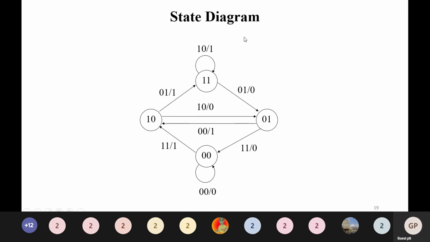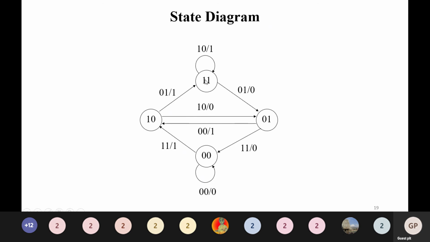Okay, 0 0 0 1 1 0 1 1, 0 0 1 0 1 1. And what to do is that you can just find out the various possibilities. So what is the representation if 0 comes in a state, and what will happen if a 1 comes in a state.